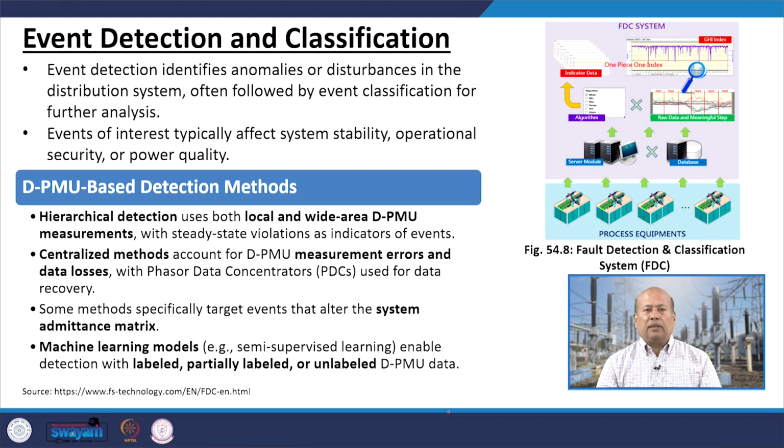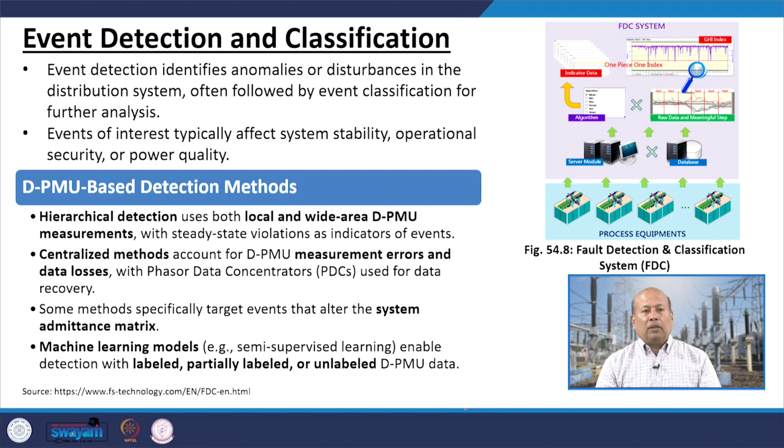Hierarchical detection uses both local and wide area D-PMU measurements with steady state violation as indicators of events. Centralized methods account for D-PMU measurement errors and data losses, with phasor data concentrators, PDCs, used for data recovery. Some methods specifically target events that alter the system admittance matrix,